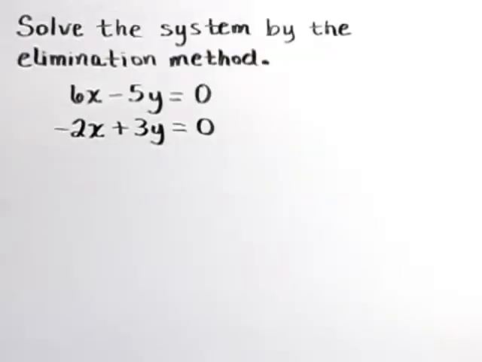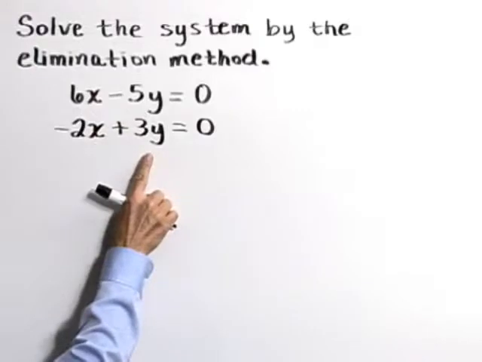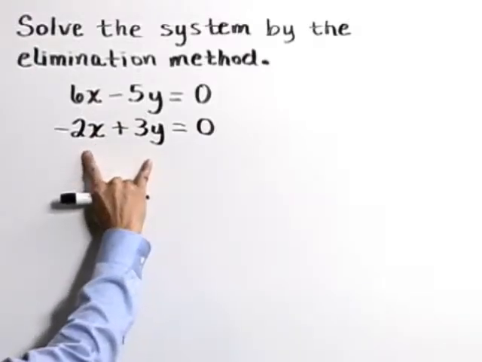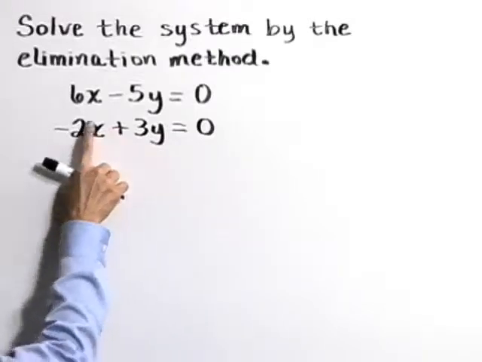Solve the system by the elimination method. We have the equations 6x minus 5y is equal to 0 and negative 2x plus 3y is equal to 0. If we use the elimination method, we'd like to be able to add these equations together and eliminate either the x or y variable. As it sits right now, that won't happen, so we're going to have to fix one